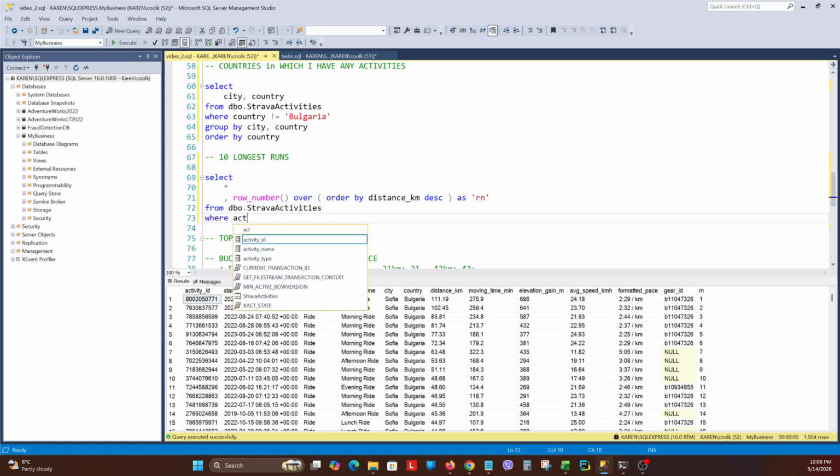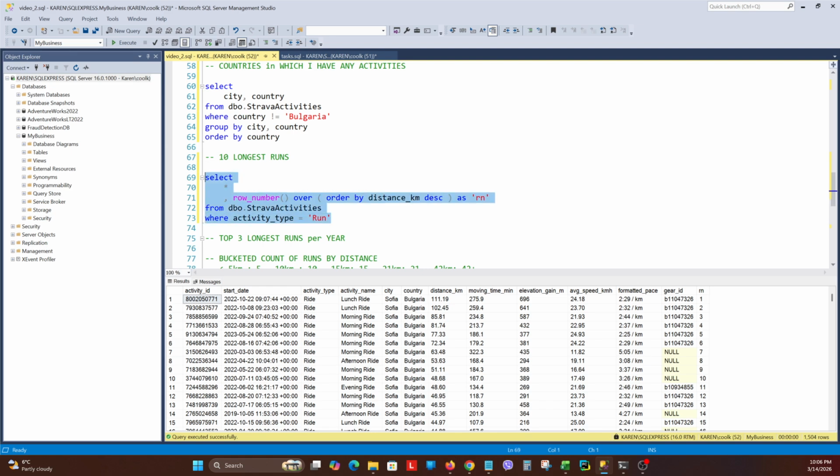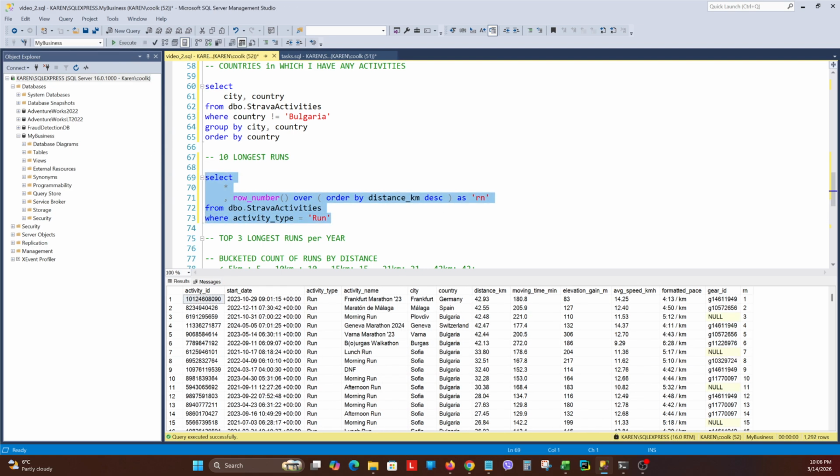So where activity type equals run, because obviously I don't have a run of 111 kilometers. But if I run this again, then I think it has correctly ordered my running based on the distance,